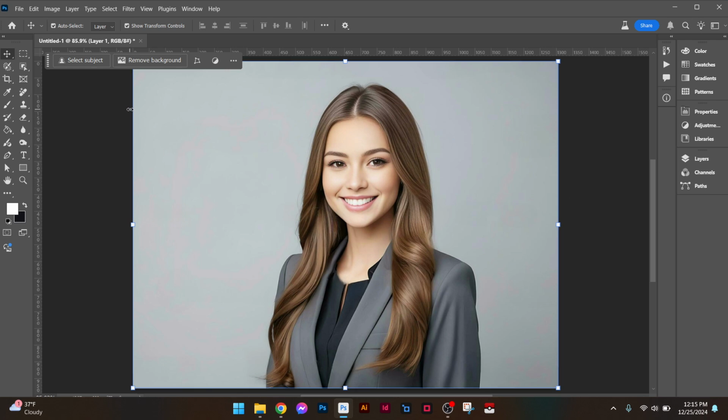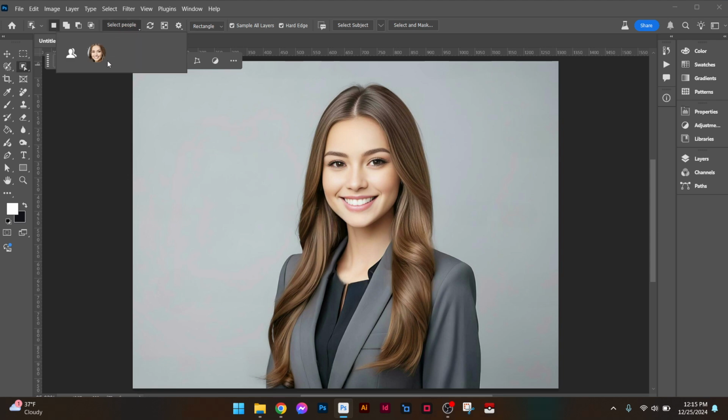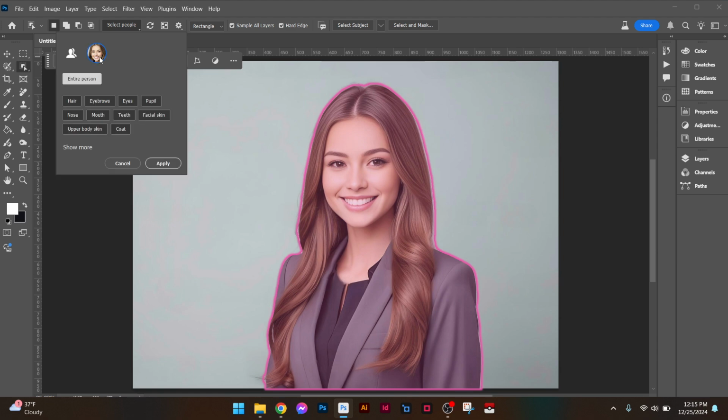One of the things I noticed actually, hold on. You choose the object selection tool here. You may notice this rotating like so. Let's give that just a moment. And you may notice that over here it says select people. It's only one person here, entire person. Or you can actually select